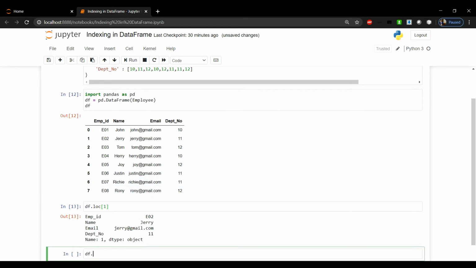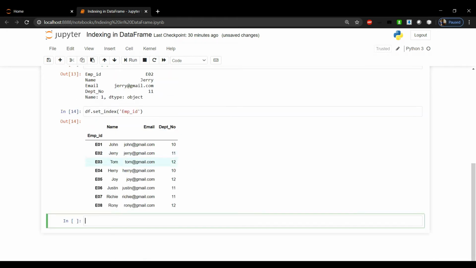For this we need to call df.set_index and pass employee ID here because we want it as the index. Here we got the employee ID as an index, and now we don't have any default index. Let's see our data frame.